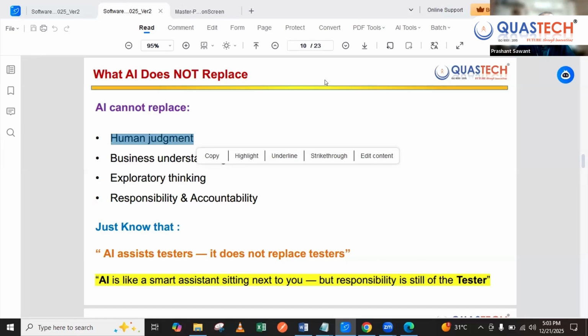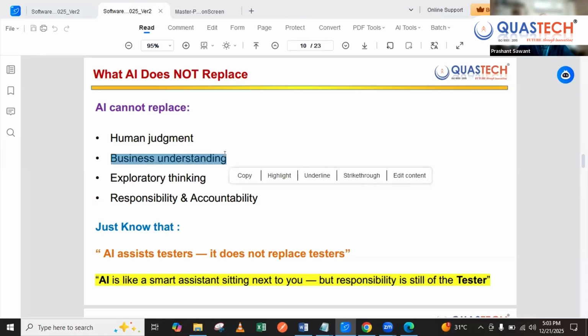a, don't get into that mode. Yes, AI is going to do everything for me, and I'm just going to do the copy pasting, and that's it, done. No, it doesn't work that way. Okay, now for basic business understanding also, for example, if you are working on some insurance application, you want to